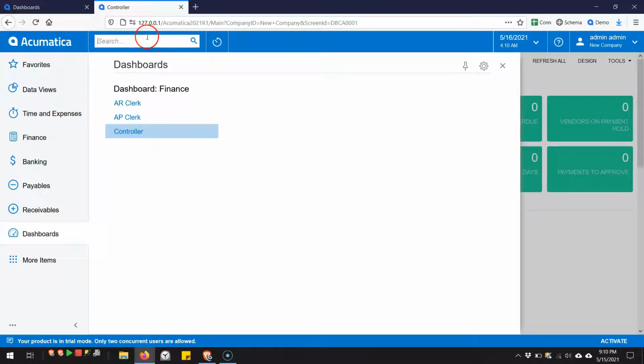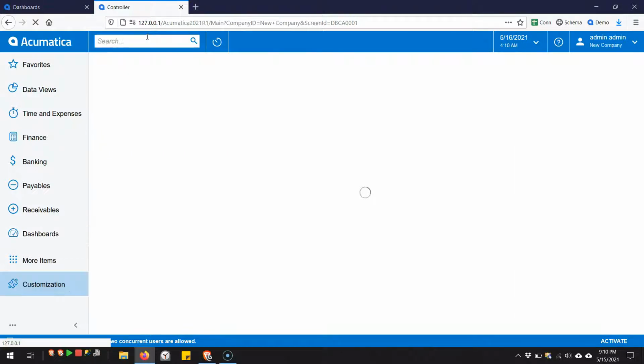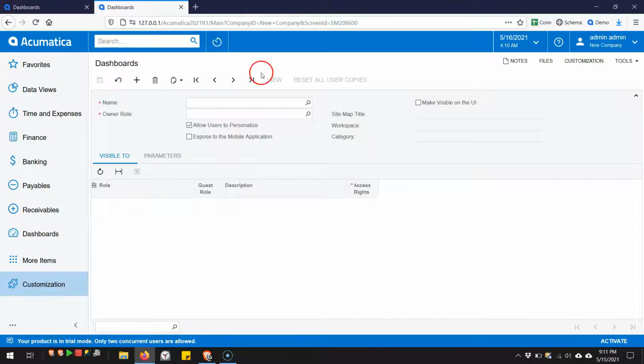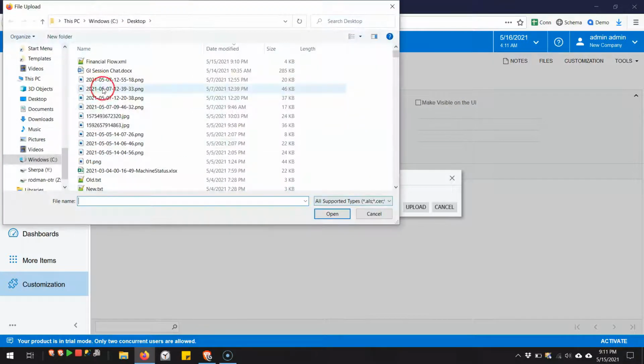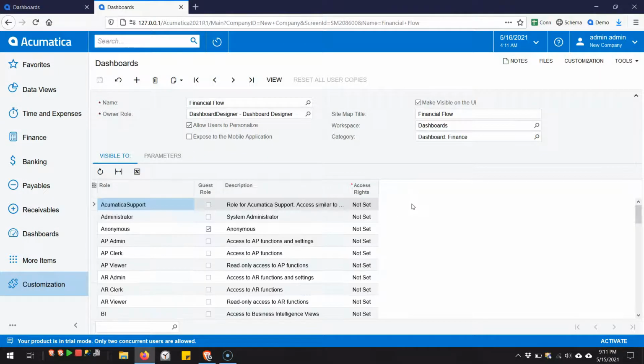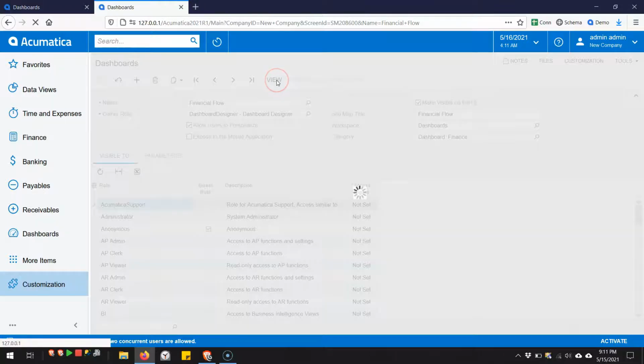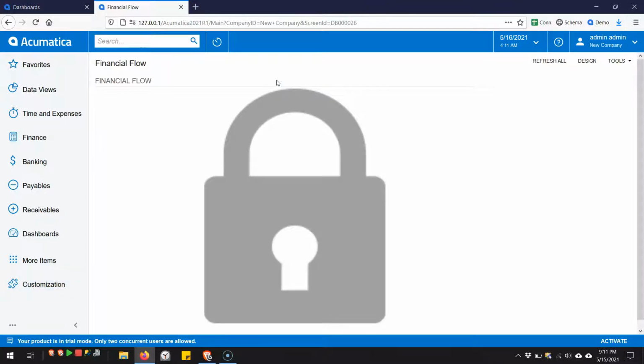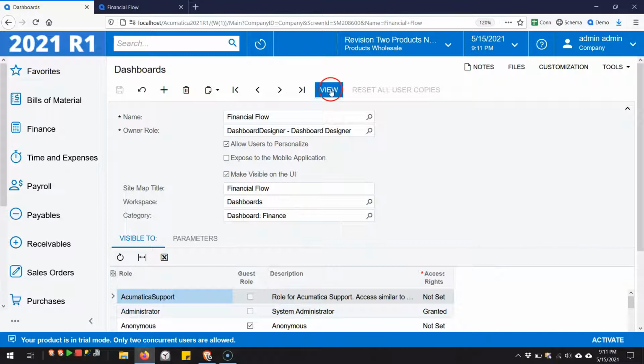We'll go into the dashboard screen. This is where we set up the dashboard. And let's try importing that. Okay, so we import the dashboard, and now let's go ahead and view the dashboard. Great, so we created this dashboard, but it's missing the key component, which is that image, which is actually done in a wiki. So if we go back to our other tenant and take a look at this dashboard again,